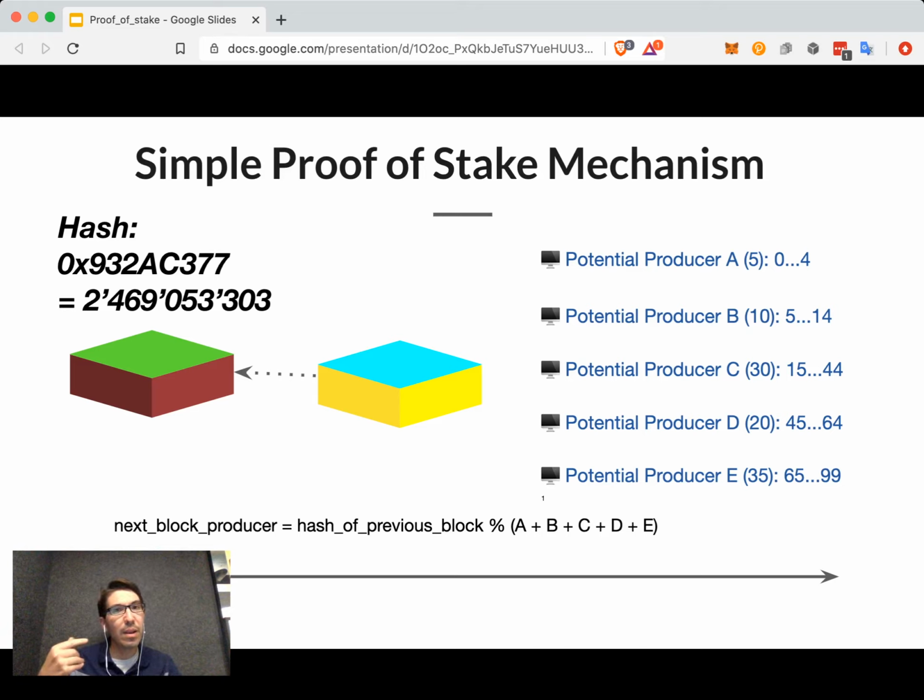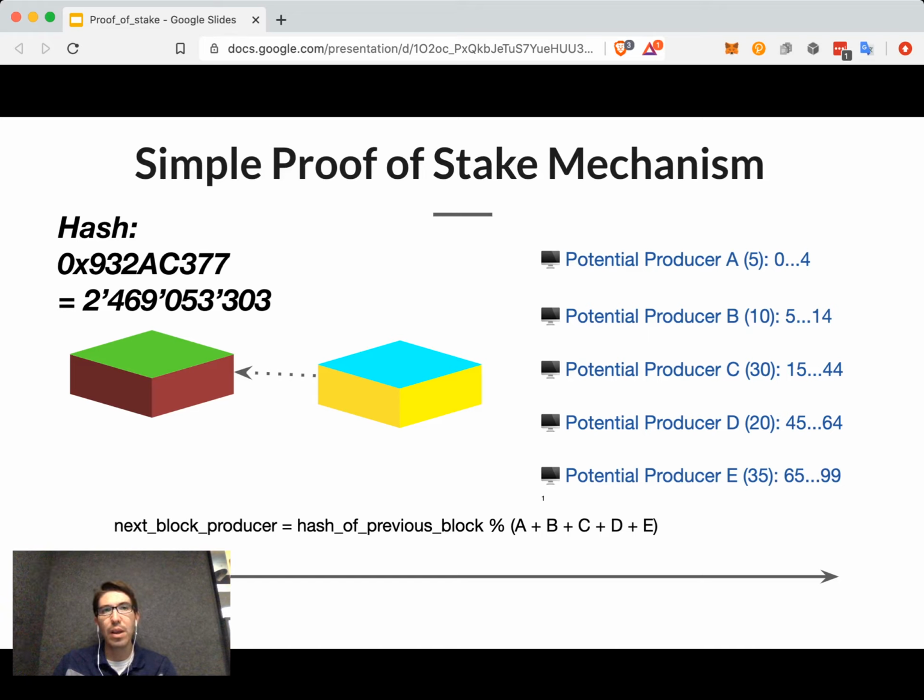So the dice can be the hash of the previous block modulo the total amount of coins. So here, for instance, we have 100 coins that are split between 5 addresses, A, B, C, D, and E. And what we say is if we take the hash of the previous block, so 0x932AC377, which is